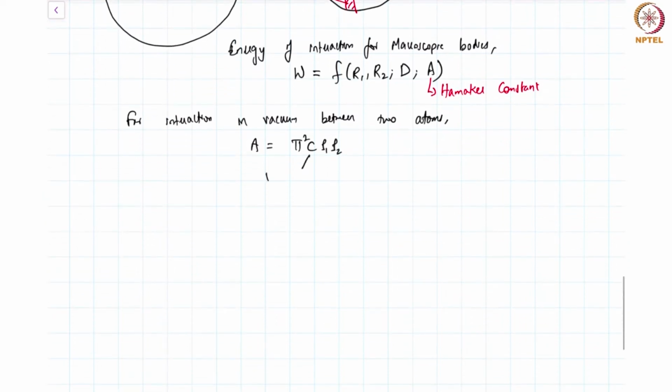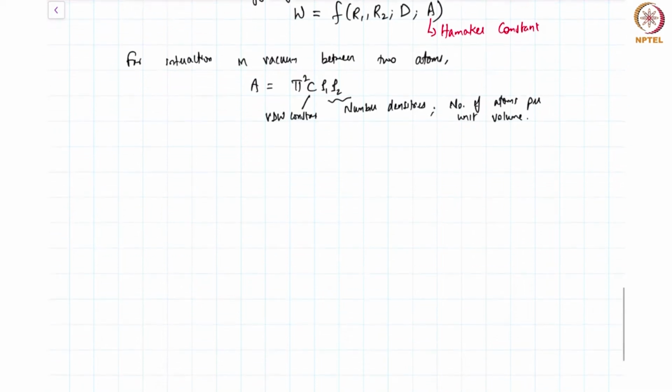C we've already seen; this is the van der Waals constant. And rho 1 and rho 2 are the number densities, that is, the number of atoms per unit volume. For example, if I were to consider the case of water,